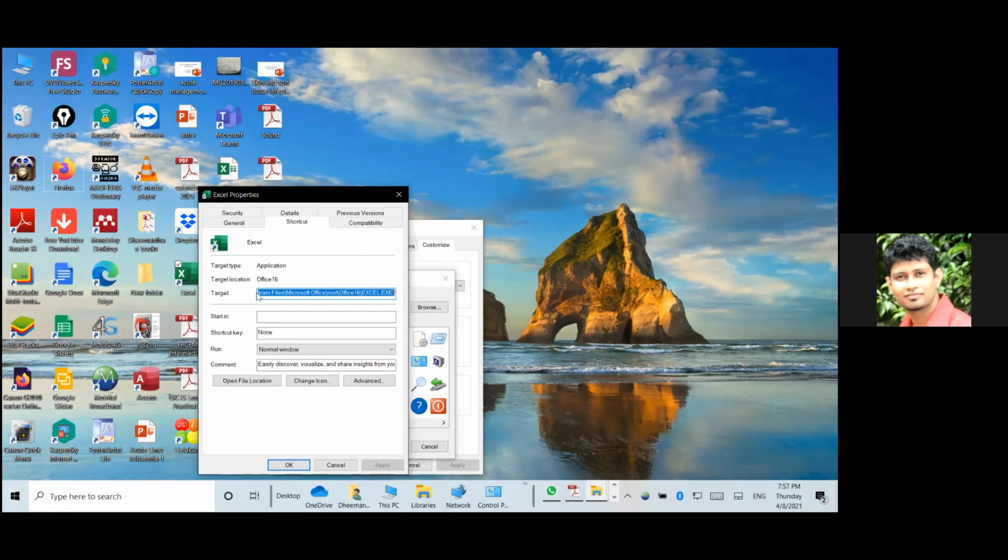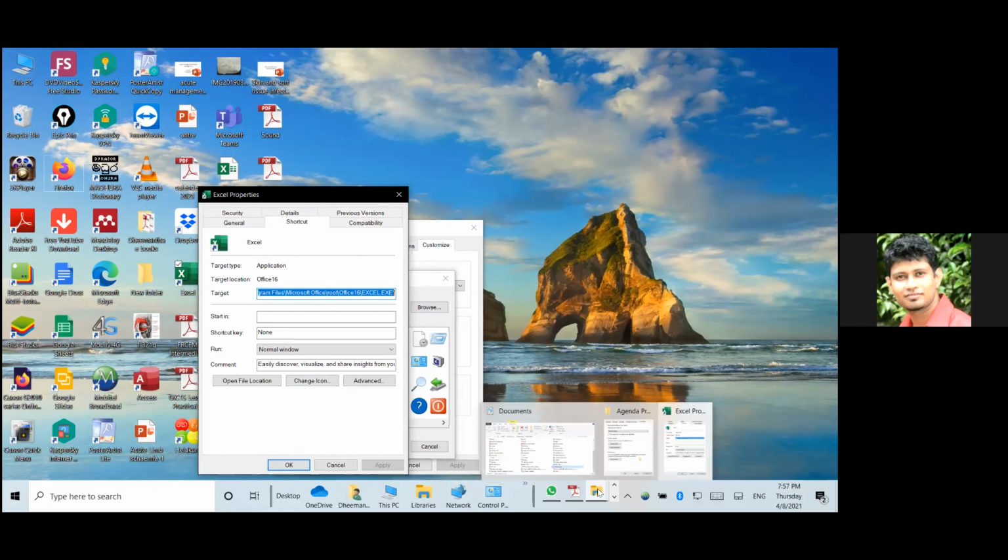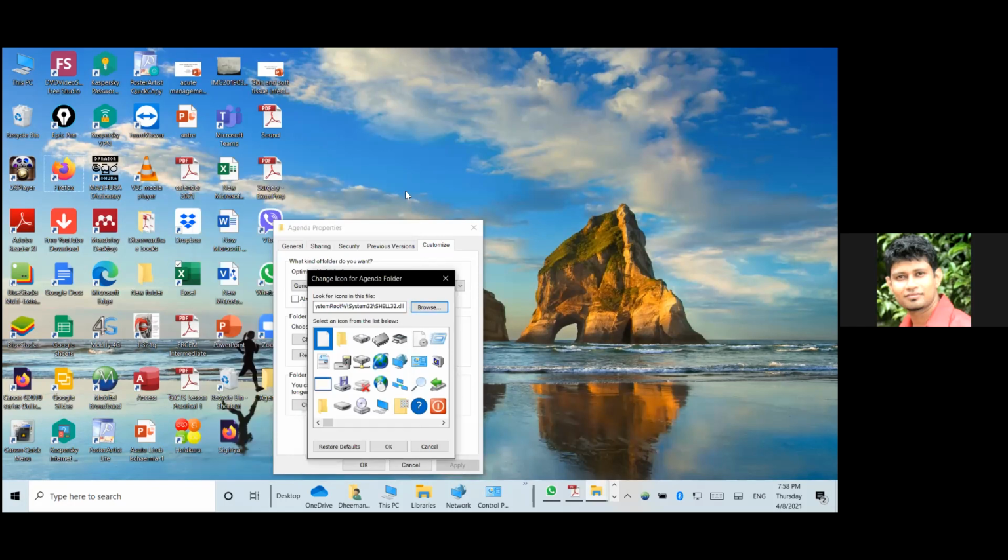It is there in Program Files, Microsoft Office, root, right? You can see the folder location. Can you see? Microsoft Office root Office 16, right? That is the path. Now go and browse that. No, just close this. Just close this, right? Go to the browse